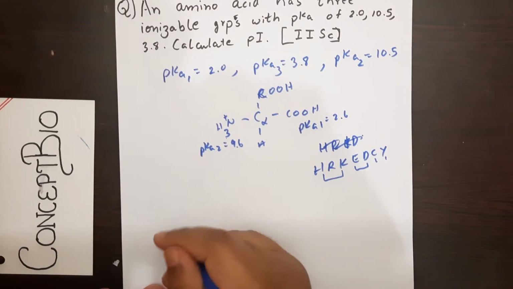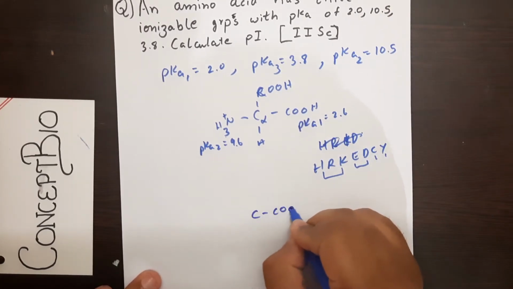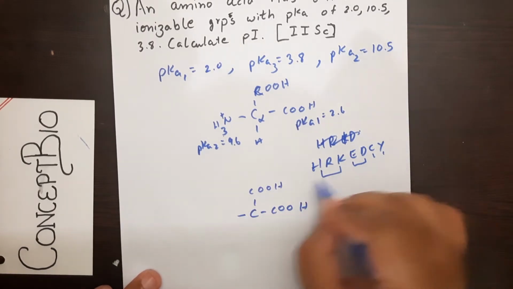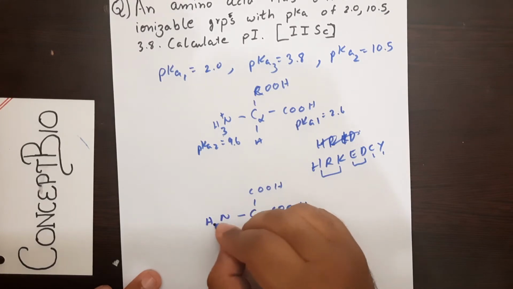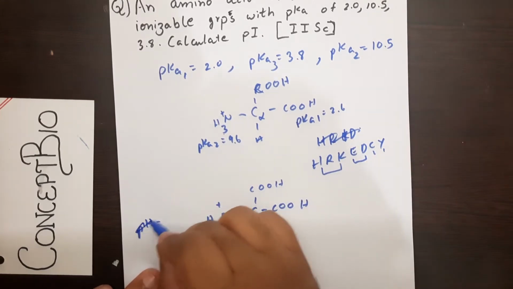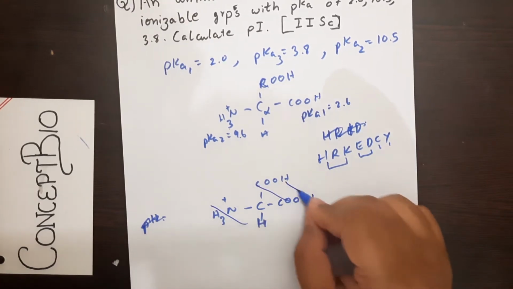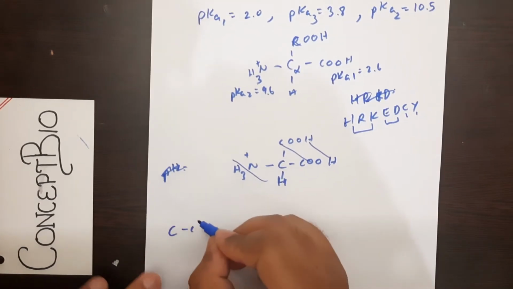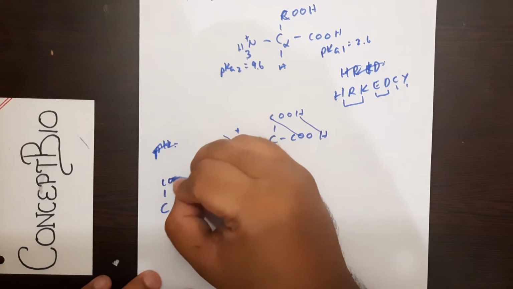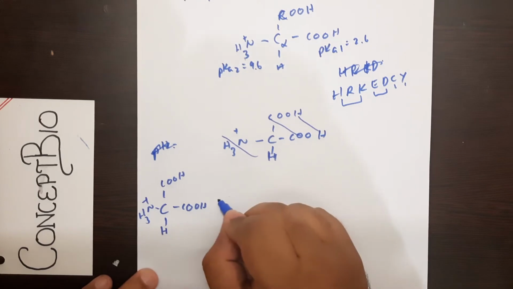Now how to look at it? Now we know this is its protonated stage. So I'll just draw this again. COOH, COOH. I'm assuming it's going to be either histidine or glutamic acid. Both have the same N terminal, NH3 plus and H. This is at the most protonated stage. I'm really sorry to do it like this. I'll draw it in this kind of fashion. I hope everyone's used to COOH, COOH, NH3 plus H.